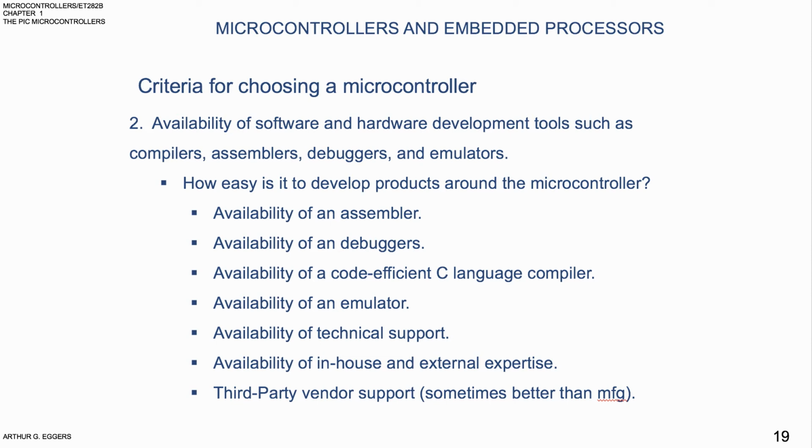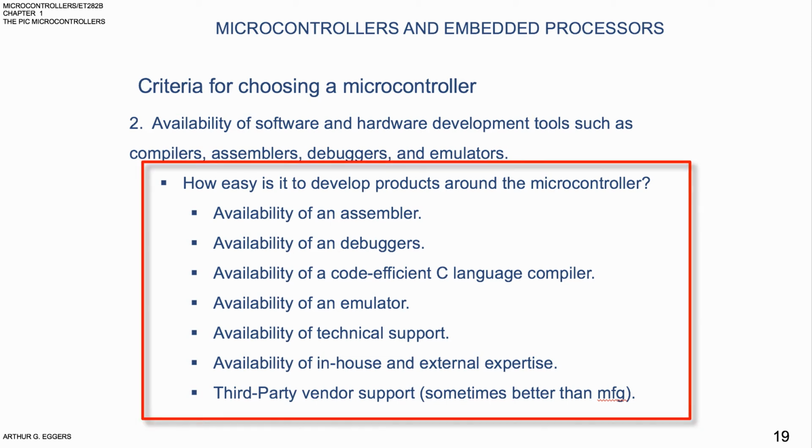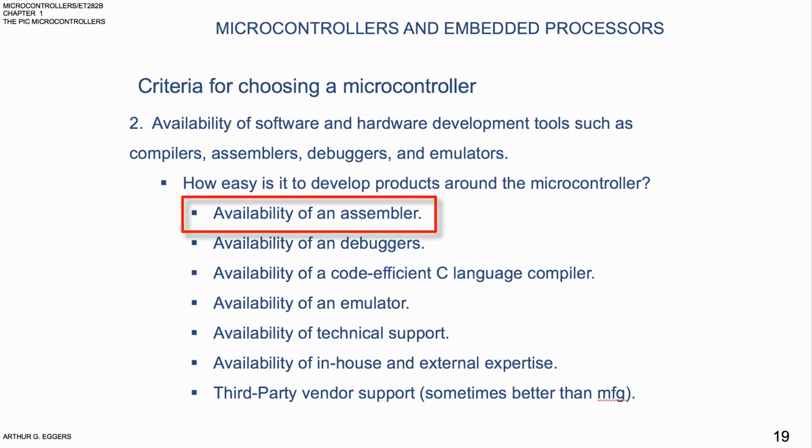We need to look at how easy it is to develop the products around the microcontroller. Does the form, fit, and function work for the product that you're trying to develop in making the selection for the particular controller? So in each of these, you need to look at the availability of an assembler,